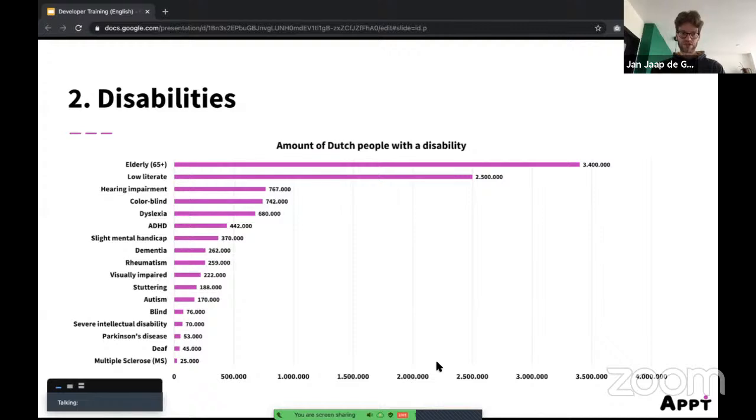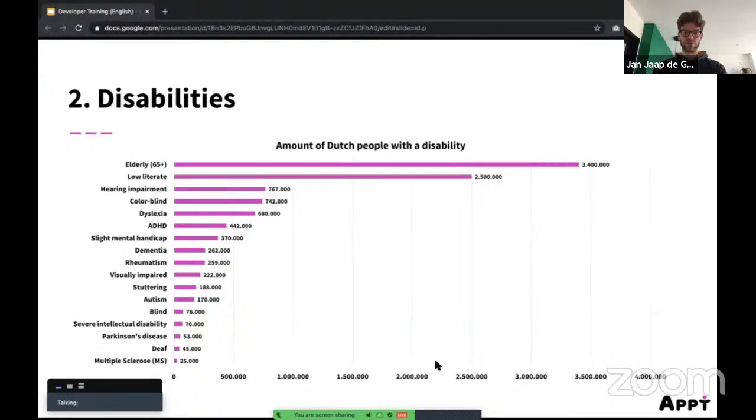And you can see that I also put elderly in there, because a lot of times when you get older, you get a disability. So maybe your vision gets worse, or maybe your motoric skills get a little bit worse, or maybe your cognitive abilities might be less than other people. So I think it's quite important, if you look at accessibility, that elderly should also be able to use your app. So the app needs to be clear for them as well.